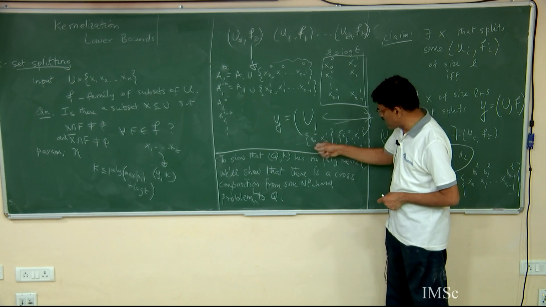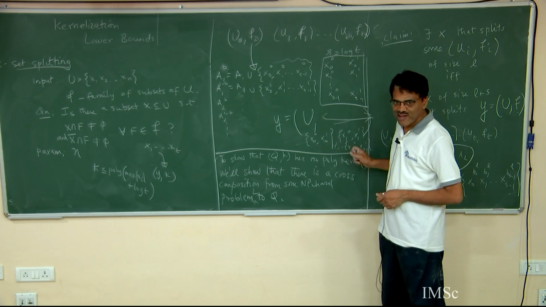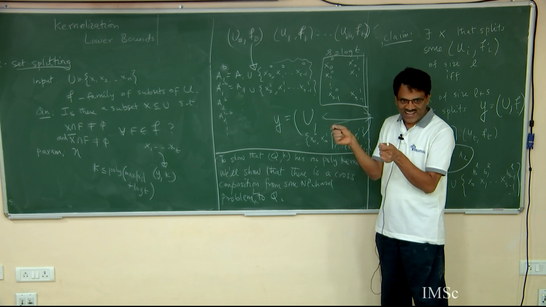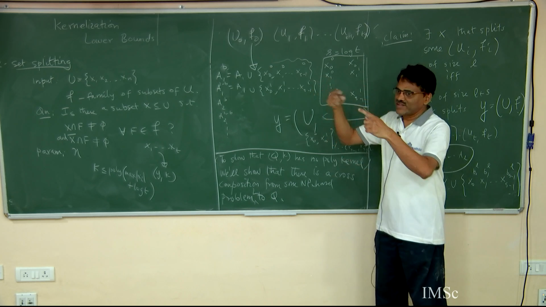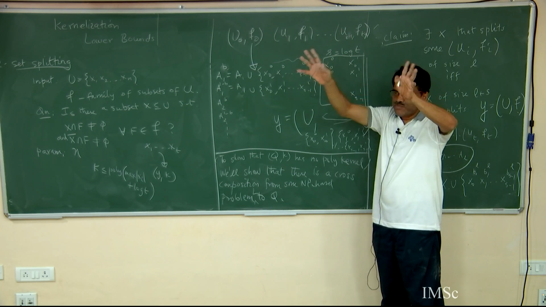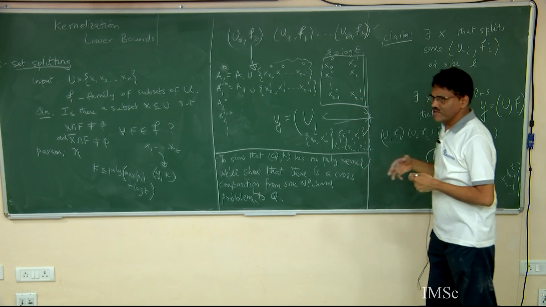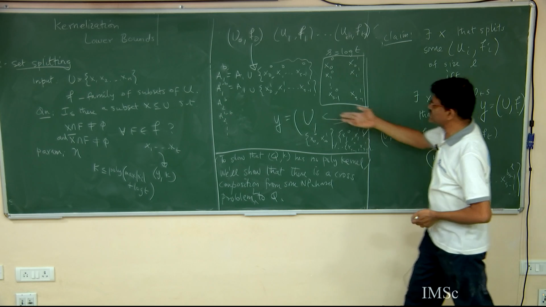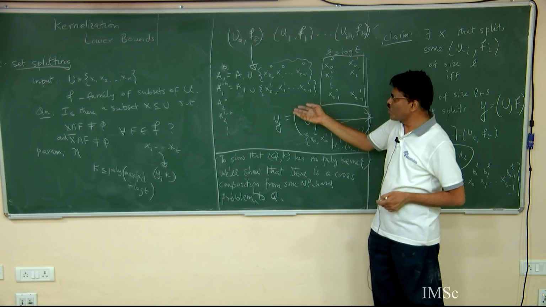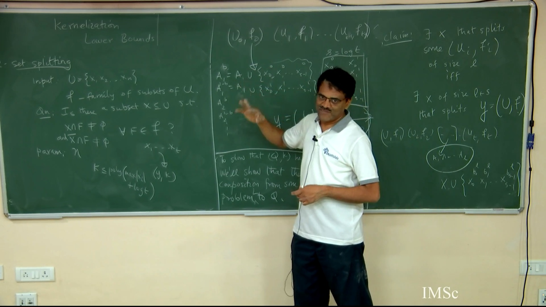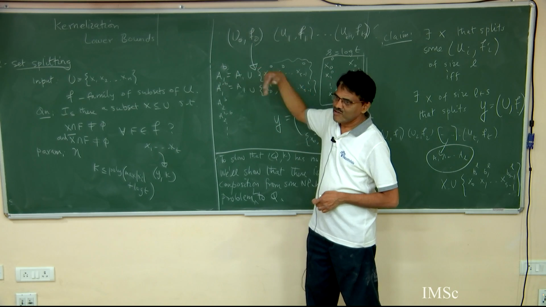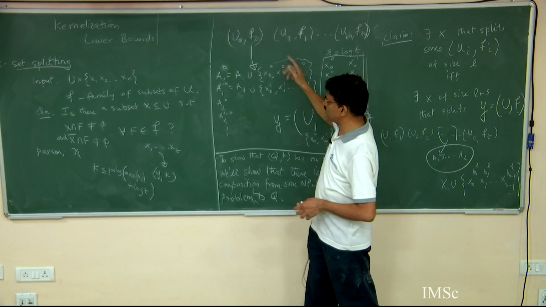So, there must be some X0, some X1, some X2, everything will be there. Take that, and that will actually give you a binary encoding, and you can argue back that that particular Fi will be split, because in that Fi the additional things are not helping me, because they are identical to this thing. So, the original guys must split them. So, you will argue that the original set, there is a subset of the original universe that splits that particular